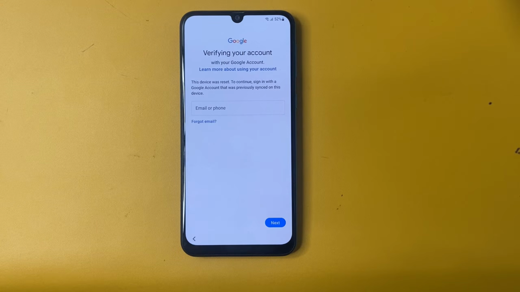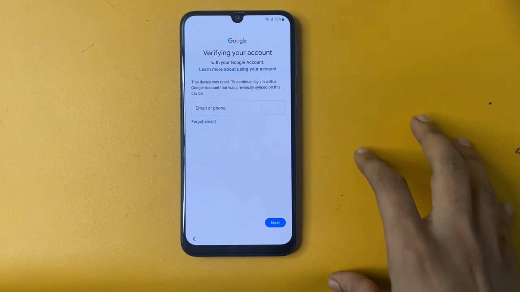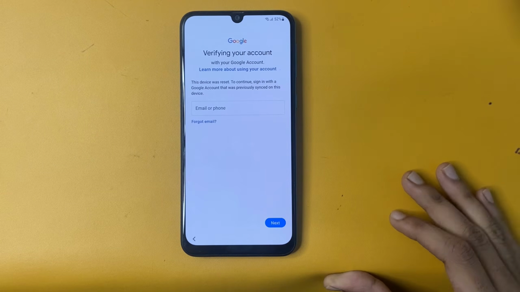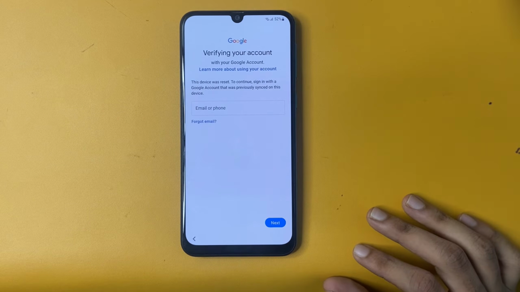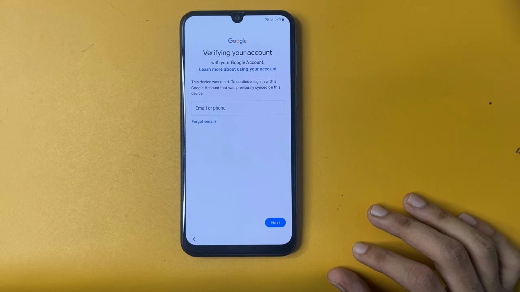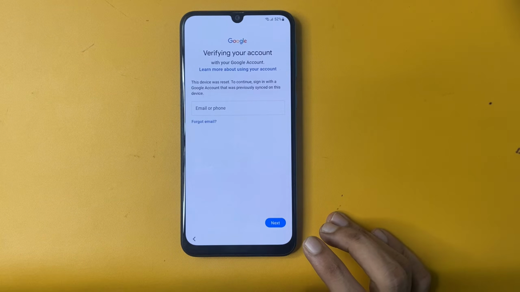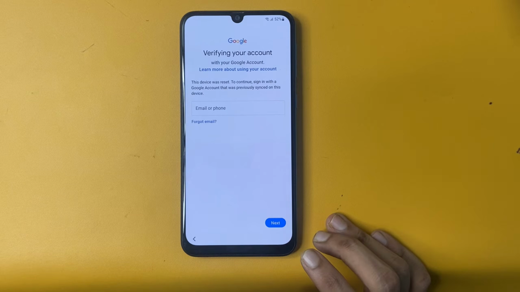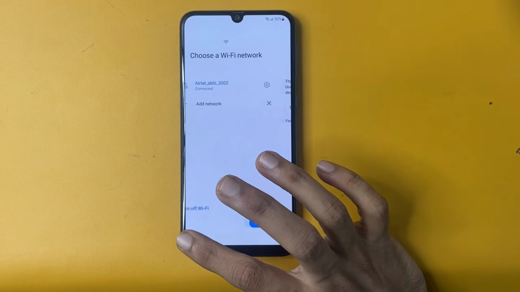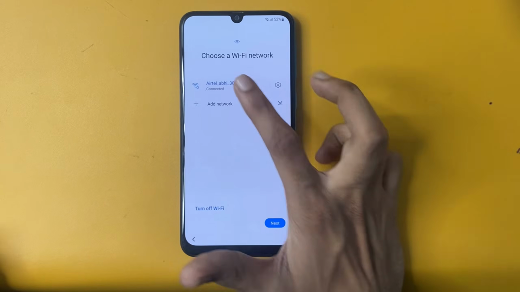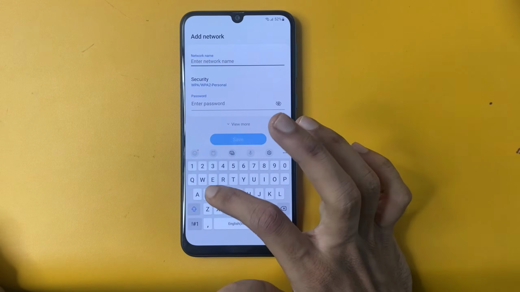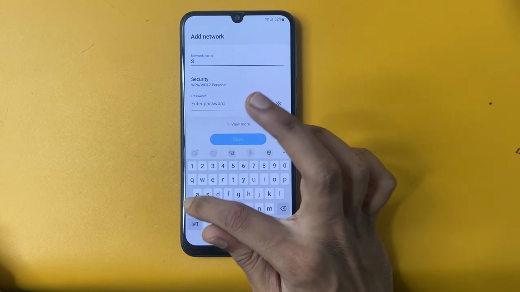So let's get started. First of all, you can see my verify your account page. Friends, this video is especially for the Samsung A32 5G phone, but this method works on all Samsung phones. So let's start the tutorial. First of all, go to the Wi-Fi network and connect to the Wi-Fi network, and right there type Samsung FRP bypass